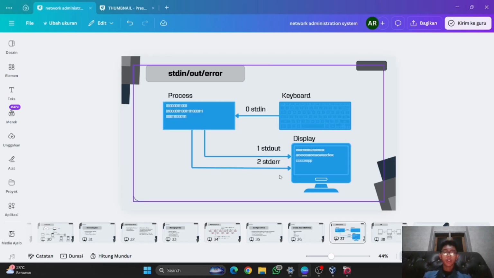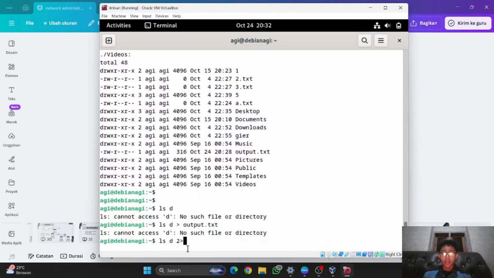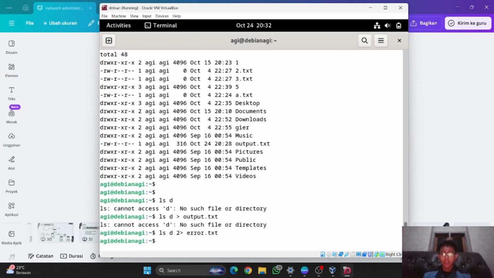So for the error it is using 2. You can type ls d 2> error.txt and then enter. And as you can see right now, the error information is no longer showing up in here.